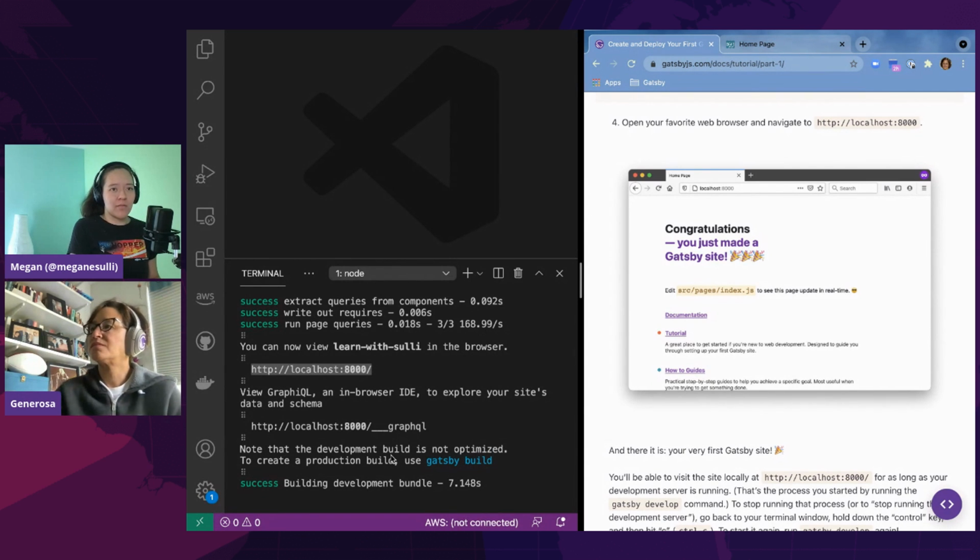We do also have, I think I can talk about this because it's on the docs site, sorry, I'm trying to multitask and pull this up at the same time. We do have some docs about how to use Gatsby functions, which is the way to use serverless functions on Gatsby Cloud.